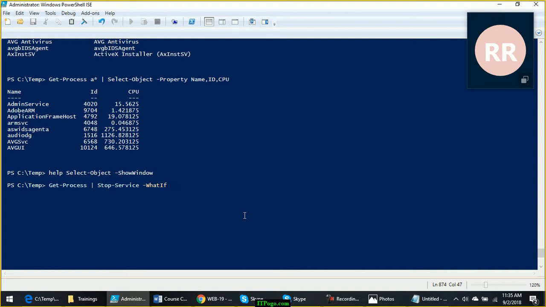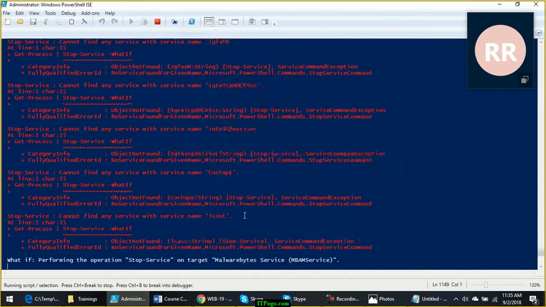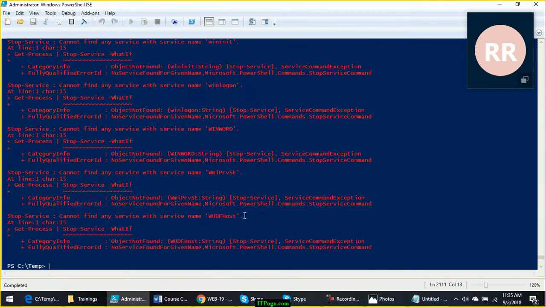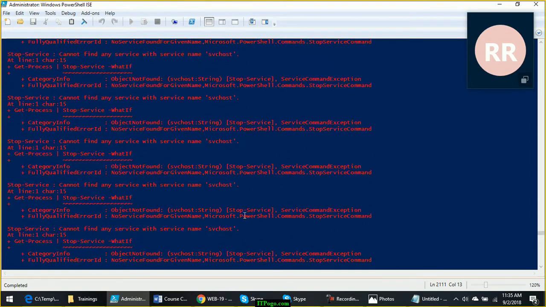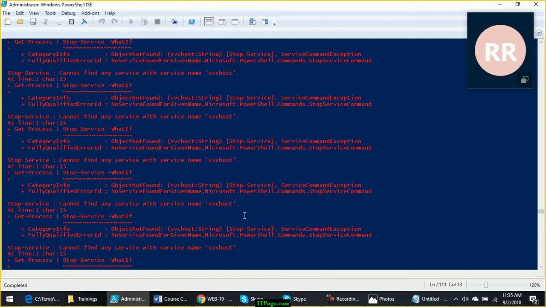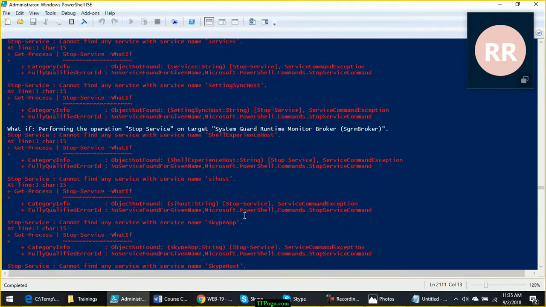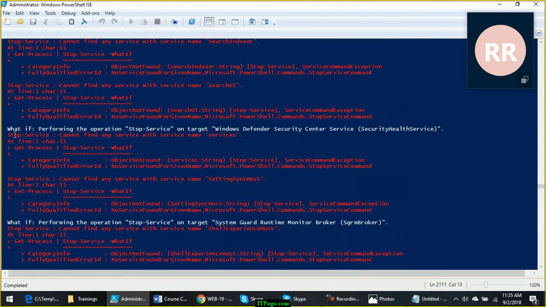So without seeing those bad effects, we can use what-if to see what happens if I run this command. Now look at this. I have seen a lot of errors, but there are a few successful hits, some white lines. Now surprisingly, there are at least a few instances where this command is successful.